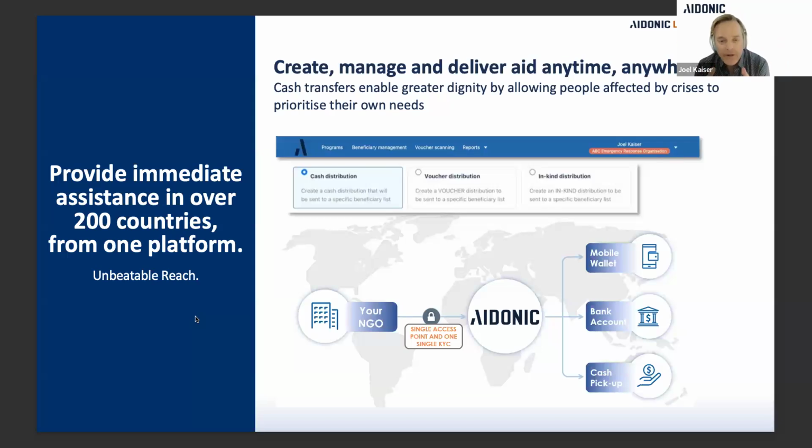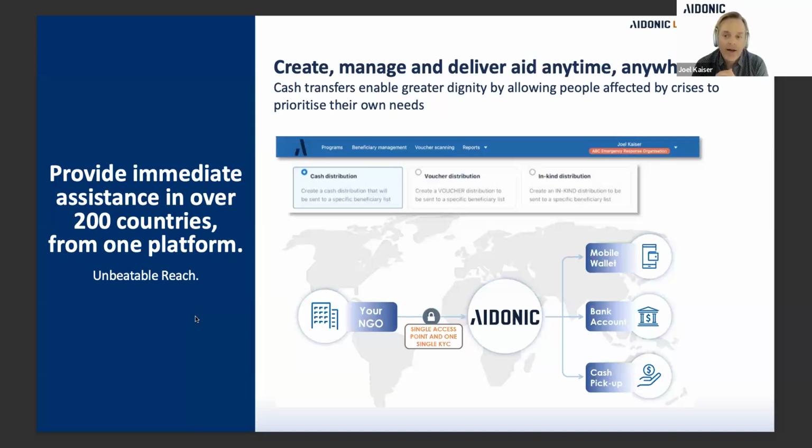This is very new to the humanitarian industry. And what does it do? It dramatically cuts down on the amount of time and resources you need to put into establishing new banking relationships for every modality in every country. Particularly, this is effective in an emergency when you want to begin scaling up your cash transfers as quickly as